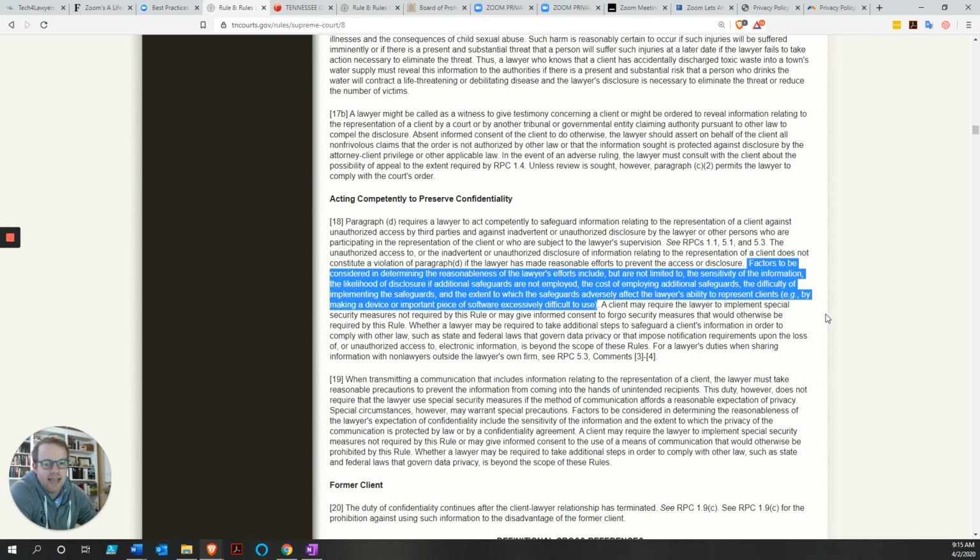So as a side note, a lot of times with video conferencing, I doubt paying a monthly fee to a provider is going to be considered an unreasonable cost to safeguard your client information. So if it simply takes paying for the service to protect your client information, then that's likely what you need to do. Unfortunately, this isn't always the case.